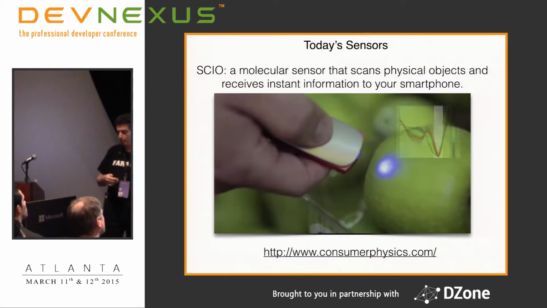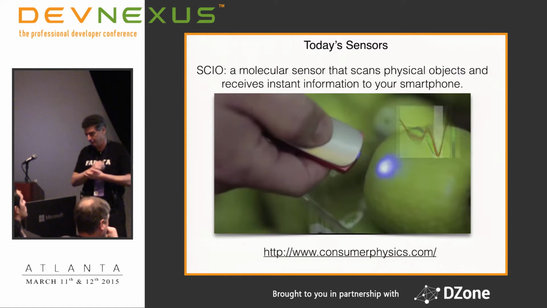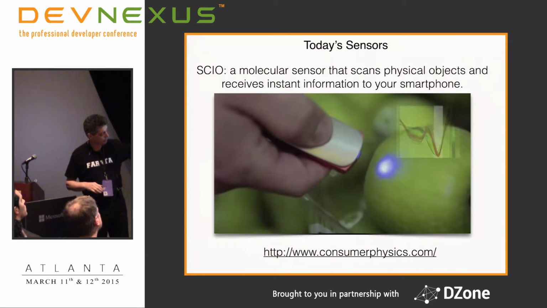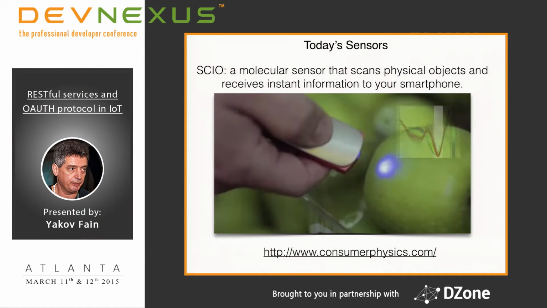In July of this year, you will be able, for example, to buy this device. At least I will. This device by that company is going to cost $250, and it's like a spectrometer. You can bring it to anything. In this case, they bring it to an apple. You can bring it to medication. If you are brewing a beer, for example, at home, you can check the alcohol content, so you can adjust it the way you like it. In my opinion, it's a useful thing. I'm not brewing alcohol, but I would use it.